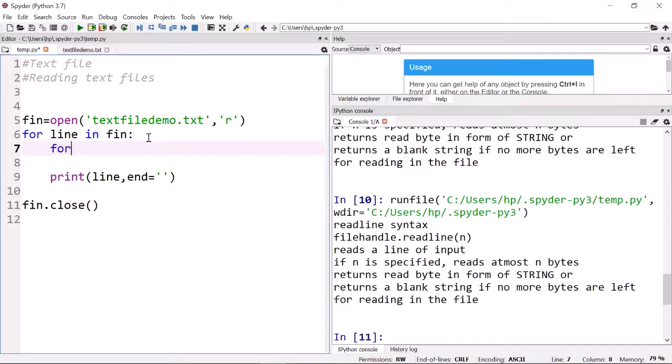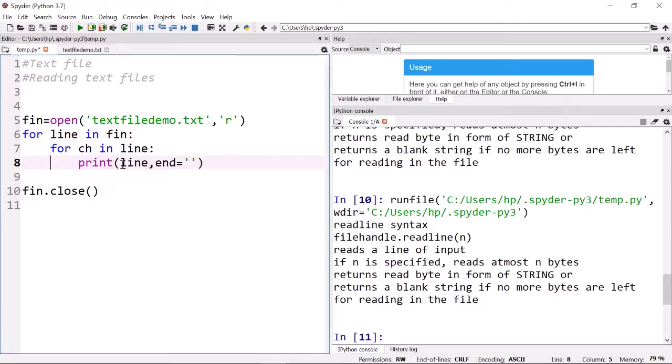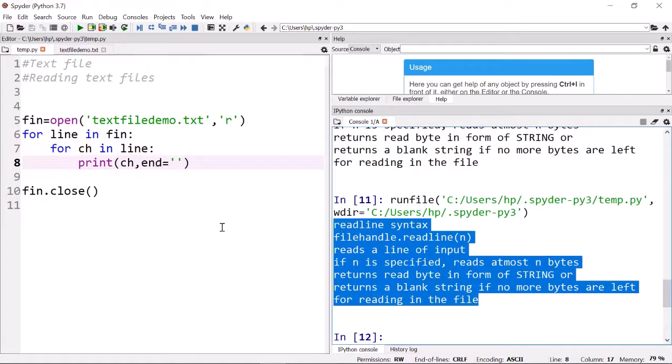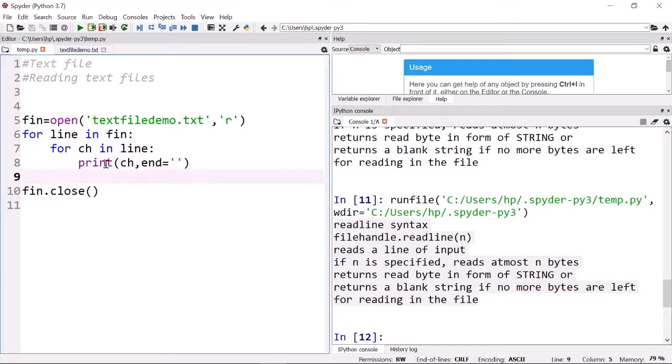So with this string, if we have, say, for ch in this line, so what does this mean? This is a string variable. So for any variable x in the string, what does it mean? One by one each character it will hold. So in this ch, what is there? A single character basically. So if we now display this ch, what will it do? It will also give you the entire file, but now we are in a position to access individual characters.